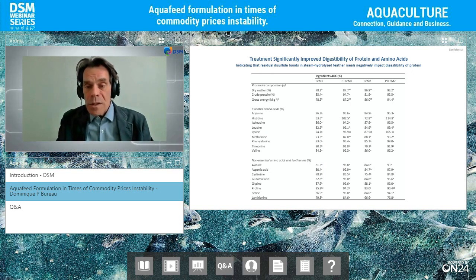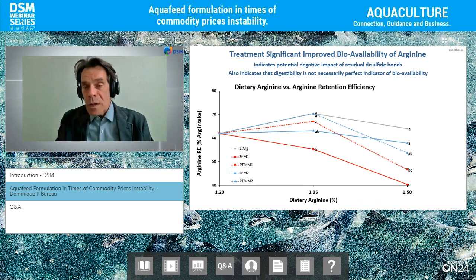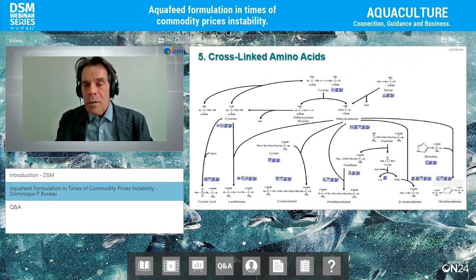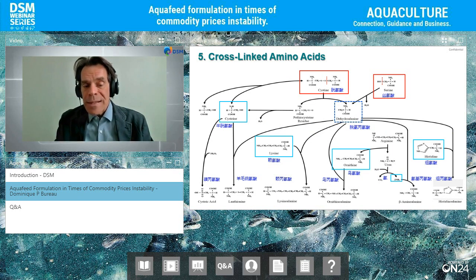And we increased the bioavailability of amino acids in the two feather meals that we tested, one lower quality feather meal and one higher quality feather meal. And the product became beautiful. So really, we believe that cross-link amino acids are a pretty important thing. How it works is that there is a chemical reaction going on, and basically serine and cysteine can degrade themselves into dehydroalanine. Dehydroalanine is a molecular glue, and it likes to bind to a bunch of molecules, including essential amino acids, and they will create these cross-link amino acids.